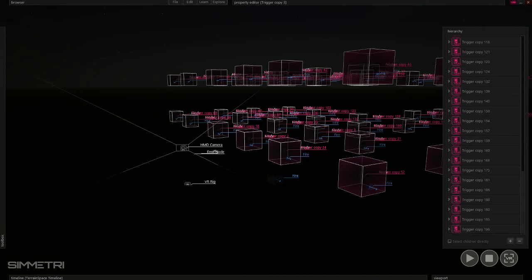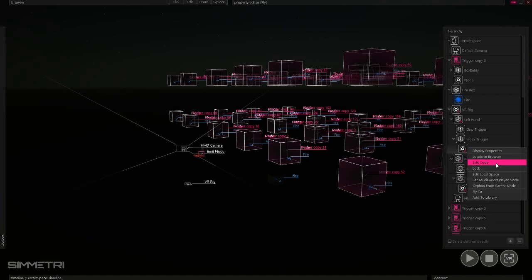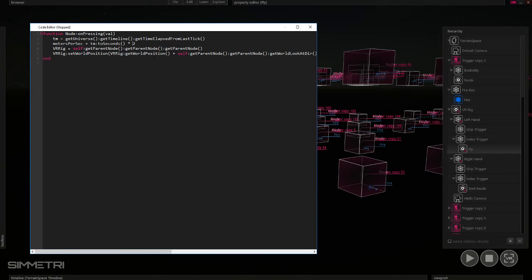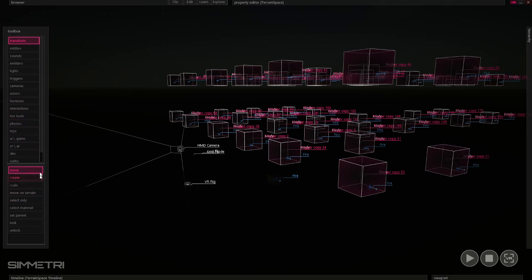I'm going to speed up my flying. I'm going to go to the VR rig. Under left hand index trigger is our fly node. I'm going to right click and hit edit code. I'm going to change that to 22. I'm also going to add to my